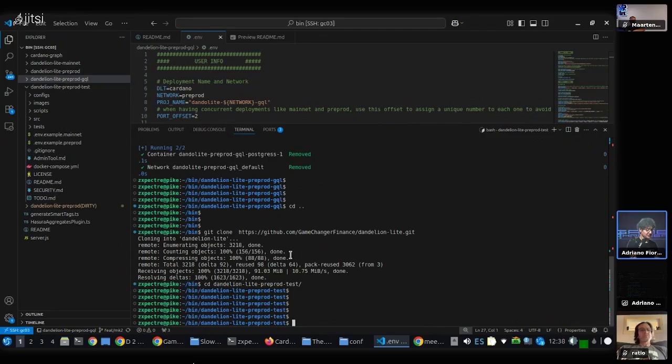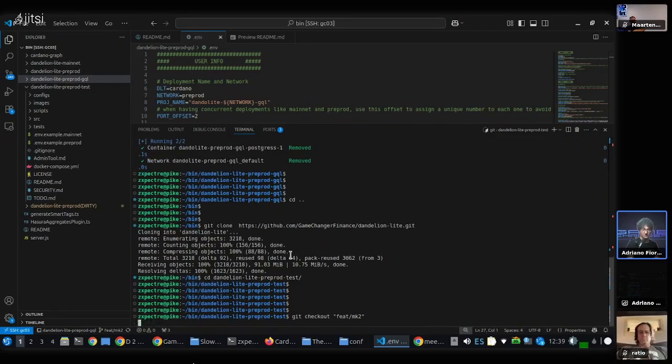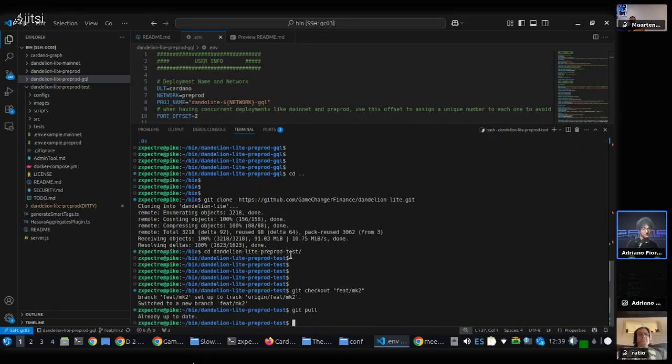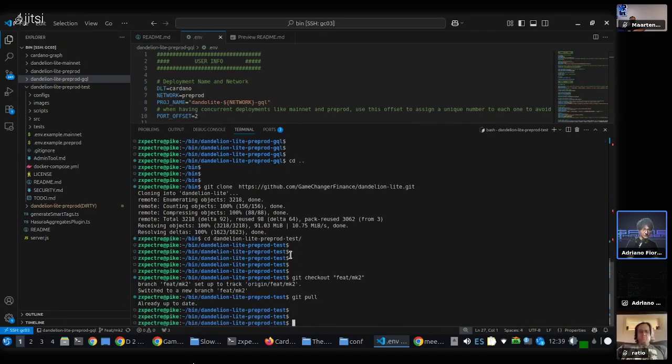Here we say git checkout and the name of the branch that we want to run. It was fit MK2, I think. Okay, just in case, the pull. It's perfect. Okay, so now